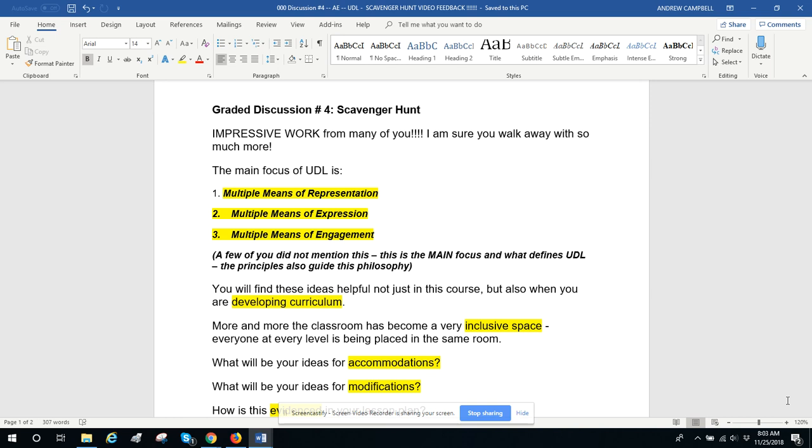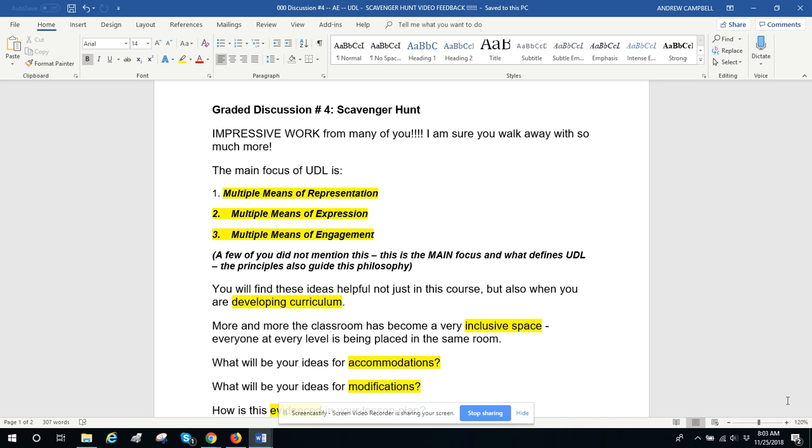And I just want to point out a few things as we get into it, understanding what it really is. What do we mean when we say universal design for learning? And it has three, of course, three tenets: multiple means of representation, multiple means of